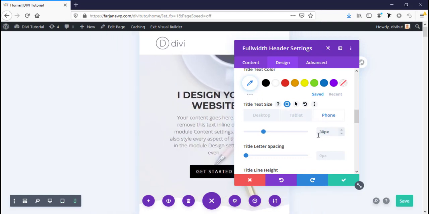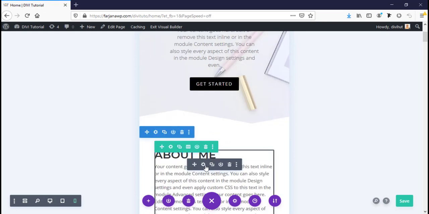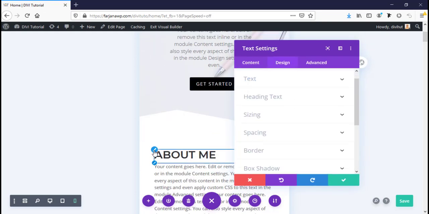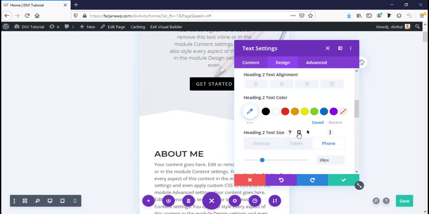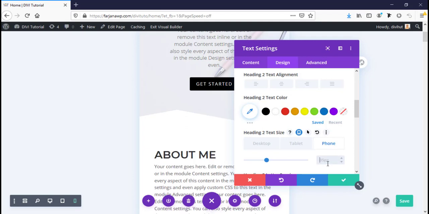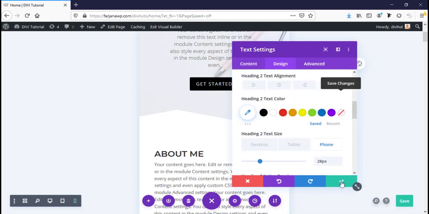Yeah, 30 pixel for phone is good. And here is about me, going to design, and here is font size, just enabling this phone icon. For phone we can make it 28 pixel. Yeah, it looks good. Save it,